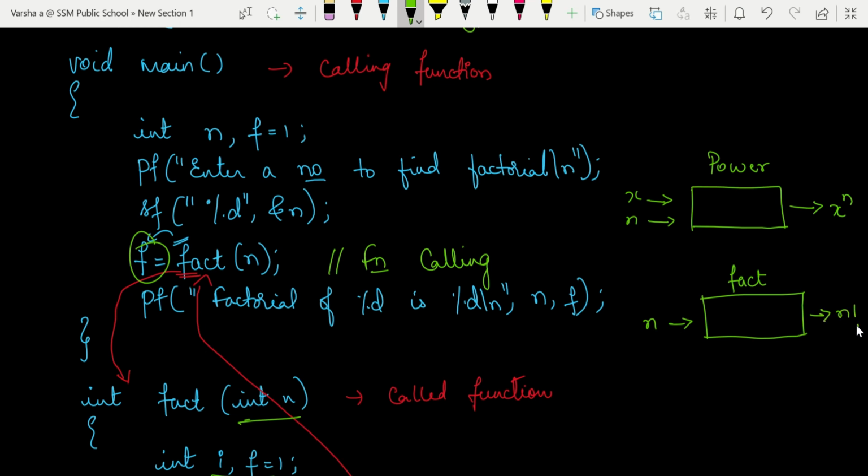So these are modules. Whatever functions I have written now in the program called power and fact are actually the modules. Now if you know what should be the input to this and what should be the output, then I need not bother what actually is written inside that function module. Wherever I want to find x power I am going to use power x comma I, x comma n. So this I will use wherever I want.